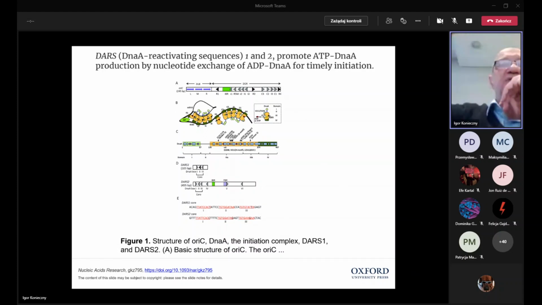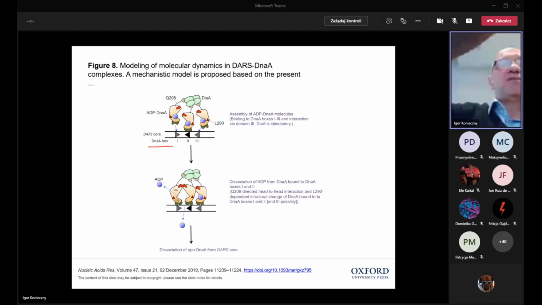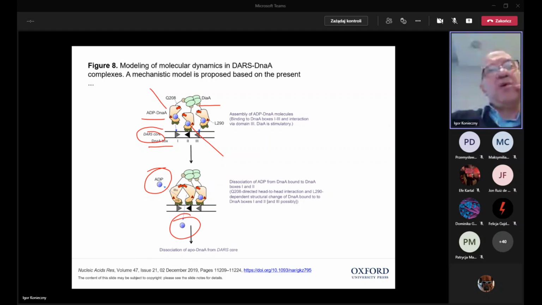These are specific sites which accommodate many DnaA molecules. And this is maybe better. You see those DnaA box blocks, which form the DARS core. And you see the ADP-DnaA interaction with those sites. This is ADP. And after these interactions, and in the presence of DiaA protein, at least 3 molecules of DnaA interact together, but the interaction among 2 is important, which releases ADP from the complex. So actually it creates the apo form at the beginning,